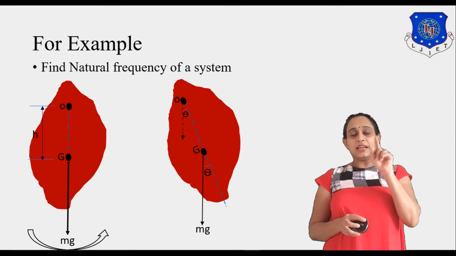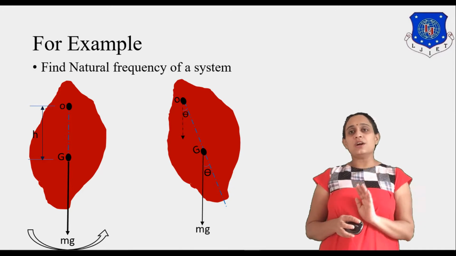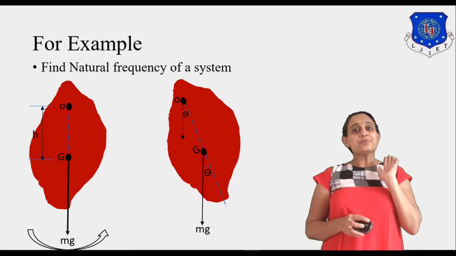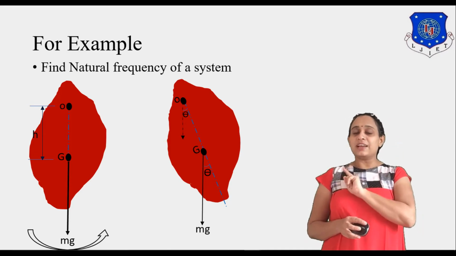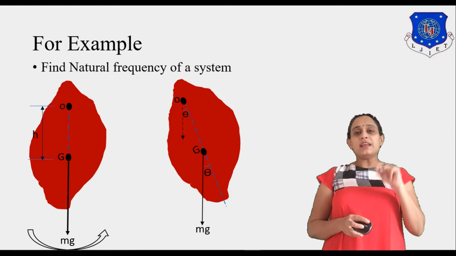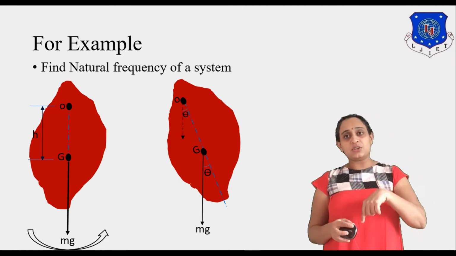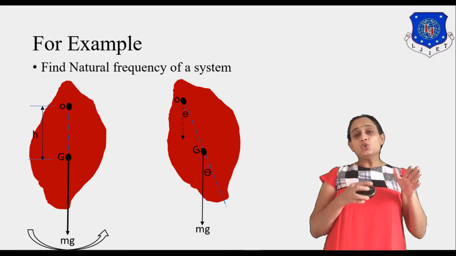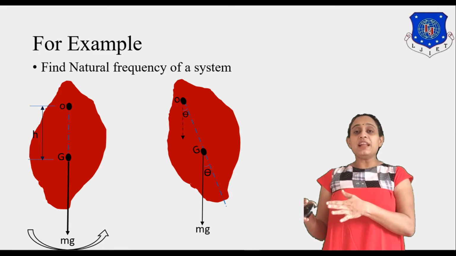In this case, from the vertical it will make a theta angular oscillation, because at point O it is rigidly fixed and it will oscillate. It means it will have theta angular displacement. Now, as we all know, weight acts in the downward direction, which is m into g.